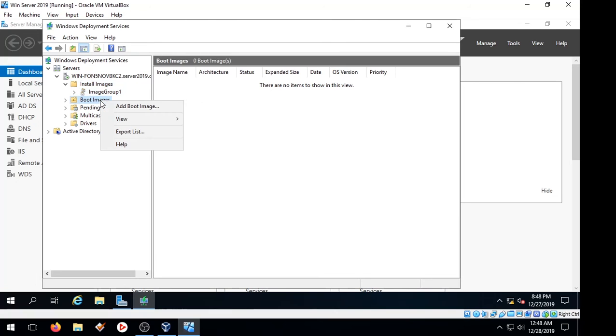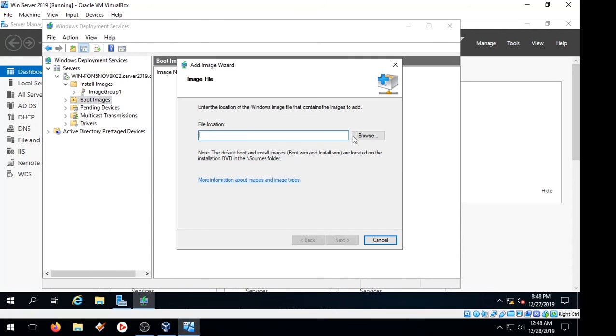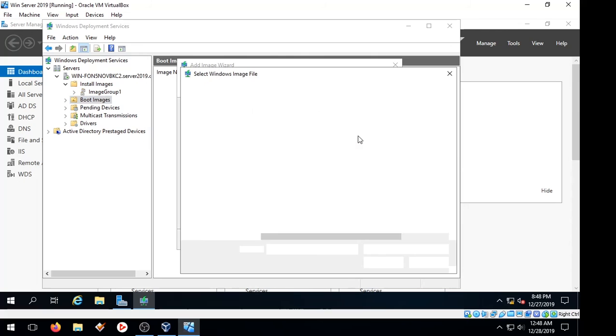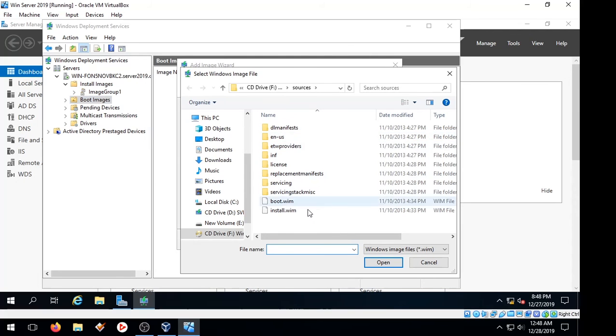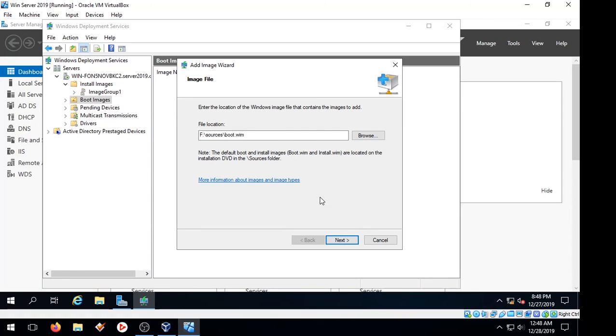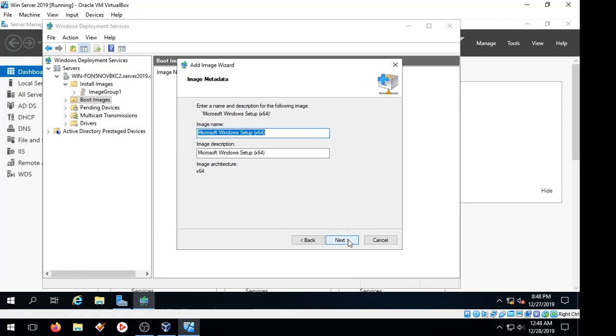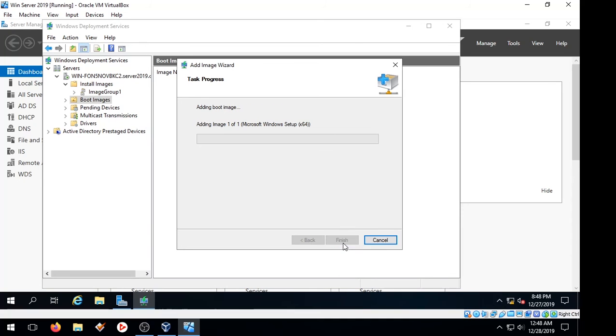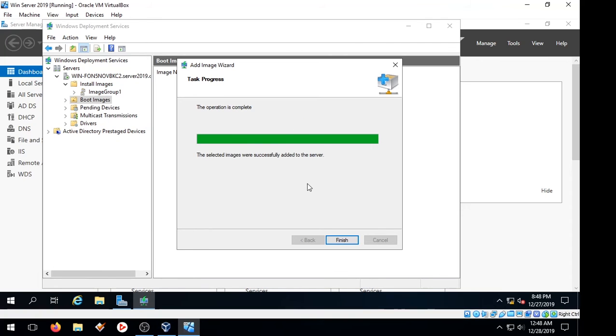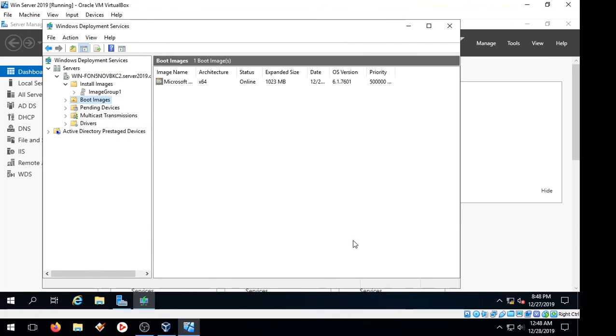Second, we're going to click on Boot, and we're going to add a boot image. I'm going to click back on Browse, and in the same source folder, we're going to have a boot.wim file. Select that and press Next. This is the name of the image, and let's press Next again. Again, I'll skip ahead to when this is finished. Now that this is finished, I can just click Finish. So now that we have an install image and a boot image,